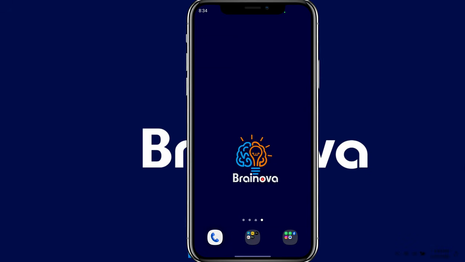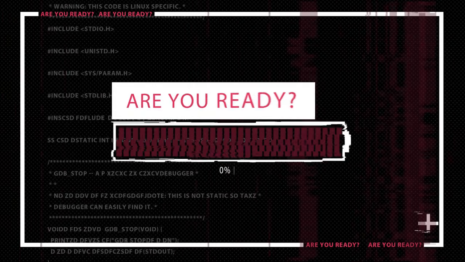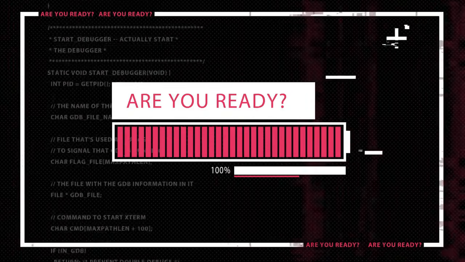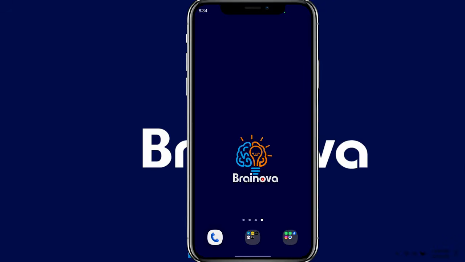Hello, is your Android phone cluttered with apps you never use? System apps eating up storage and slowing down your device? Today, I'll show you how to safely remove any bloatware from your Android phone using ADB commands. No root required. By the end of this tutorial, you'll have a cleaner, faster phone with only the apps you